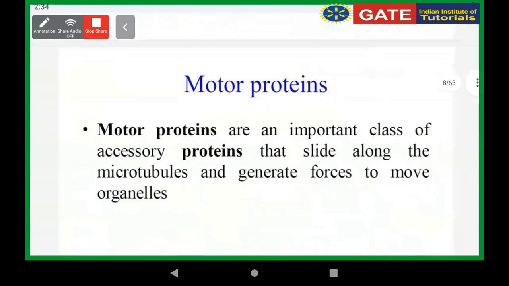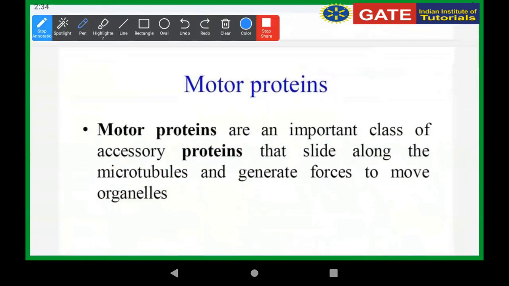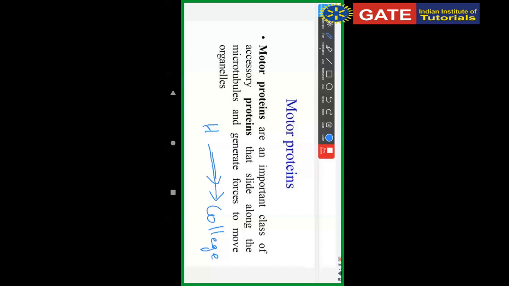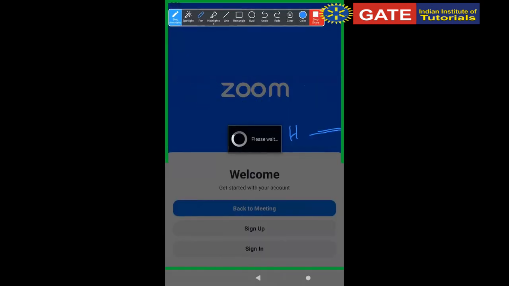For example, we travel from house to another place like college. So from house to college, there is a path, right? There is a road. We travel from house to college, then college to house, through the road. Here, the road is the